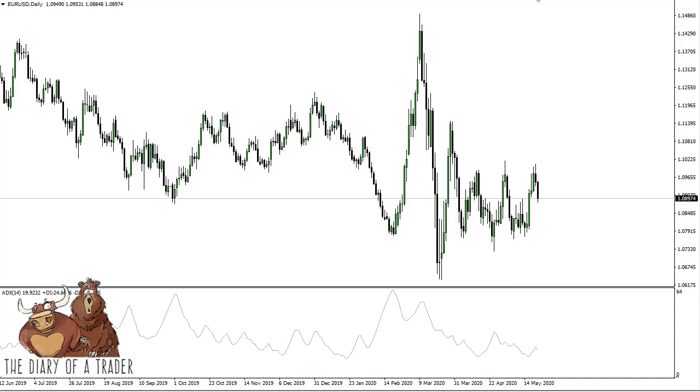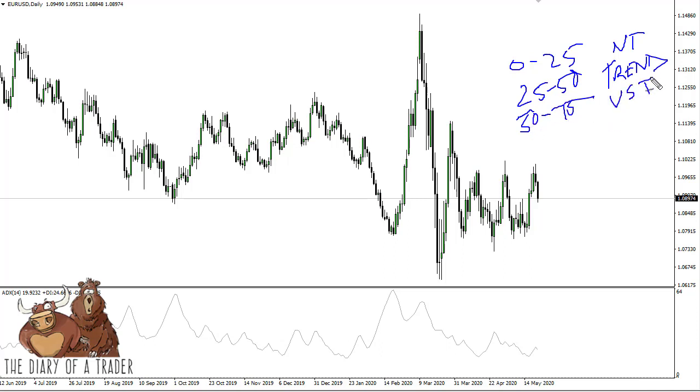You need to understand that there are certain levels that people will pay attention to. So for example, from 0 to 25, because we are bouncing between 0 and 100, this is topped out at 64 here because that's as far as we've gotten. So there's no trend, or pretty much non-existent, right? From 25 to 50, you have a trend. It's reasonably strong. 50 to 75, very strong trend. And 75 to 100, extremely strong trend. So obviously the higher the better.